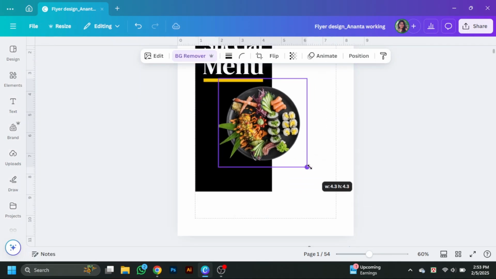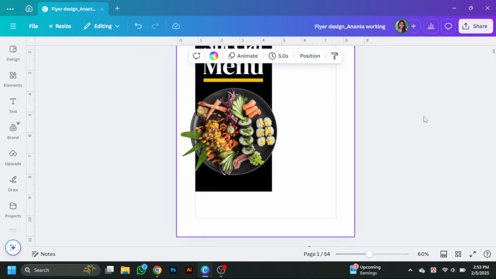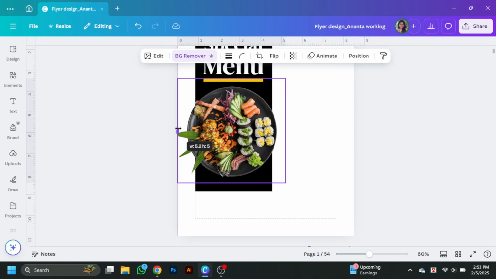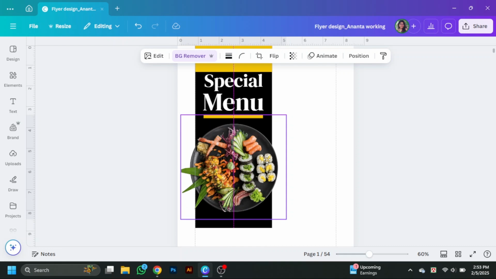Then press Alt and copy the small shape box and make it a thin line. Compress the box and make it a thin line, and then